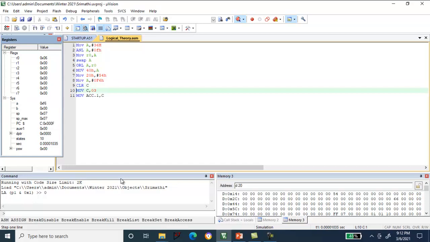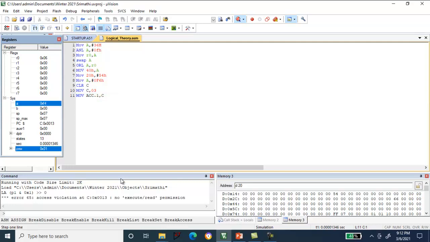Now the carry flag is 0, and then 03 is moved into the carry flag. The accumulator should have F4. Let us check. Yes, the accumulator is having F4, because F6, as I said, after that the accumulator should have F4. I hope you could get all the instructions related to logical instructions. Thank you.